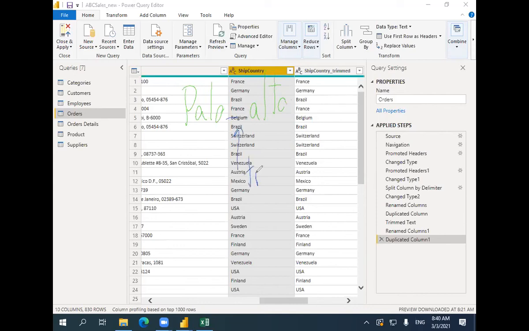If you apply trim, what will happen? From "Palo space Alto", it will become "Palo" and then just one space only, "Alto", something like that, because it knows that this one is an extra space. The trimming function will eliminate the extra space out of the necessary space that we want, including the leading space as well, that actually we never want. So that's why it just eliminates it for us. Okay, after we trim the data already,